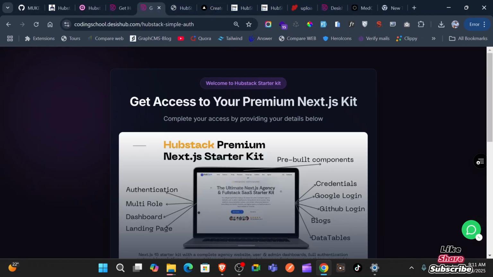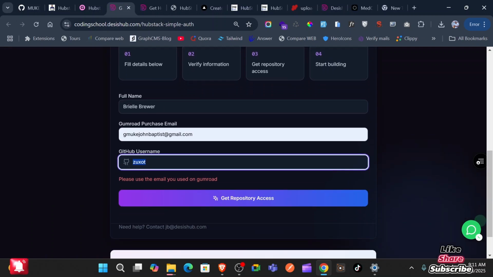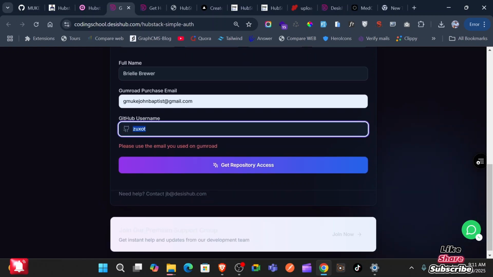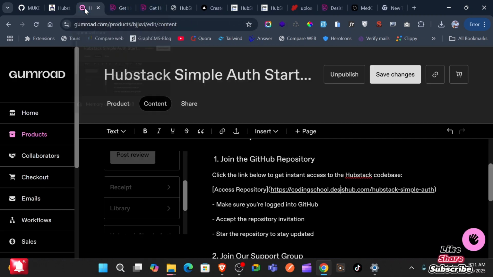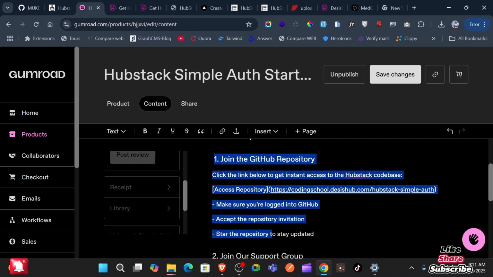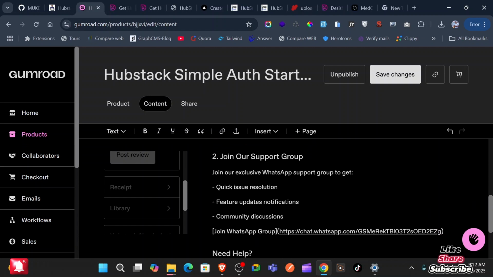When you add your username, you will receive an email. I will add you to the repository, and you also get a welcome email telling you to accept the invite for the GitHub, and you'll be added to the starter kit right away. So that is step number 1: getting added to the GitHub repository for the HubStack, and you use this link to get added. The second one is